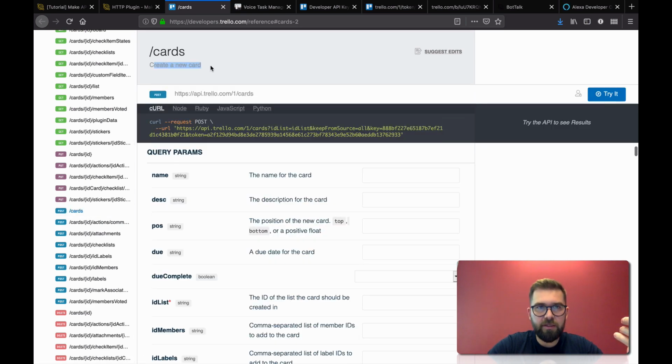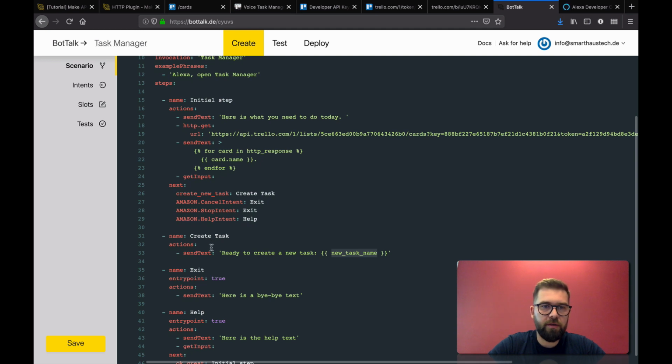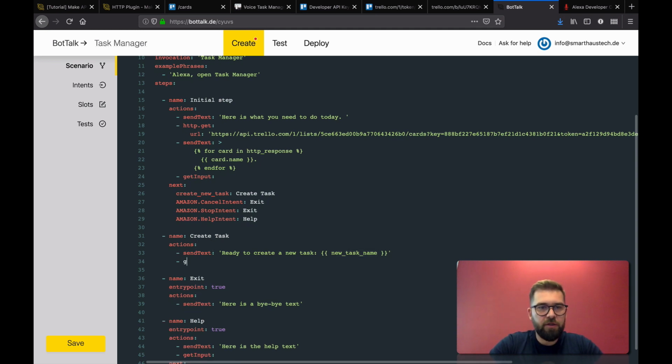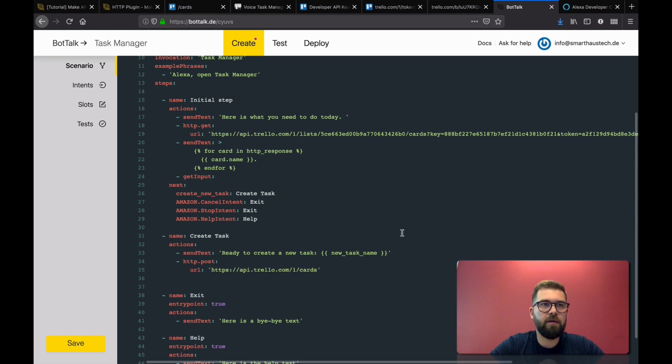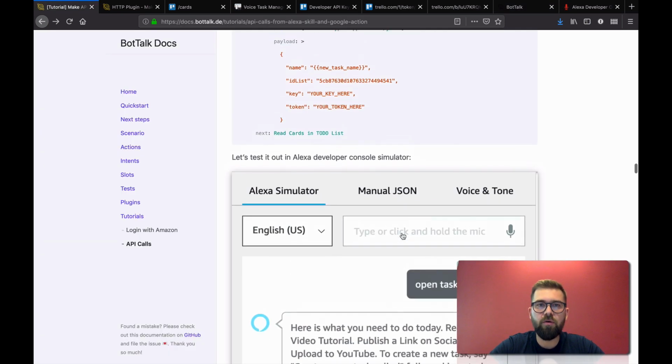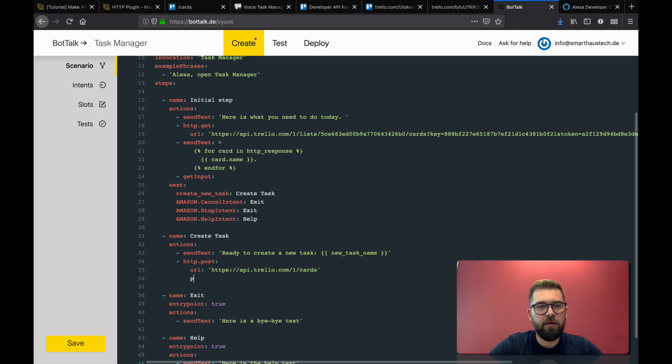So this is creating a new card, and this is the API that we're going to use. We're going to copy that, go to our BotTalk tutorial and say okay, HTTP post. The first parameter is the URL, and the second parameter is much more interesting, and it's called a payload. And payload is something that we are sending to that